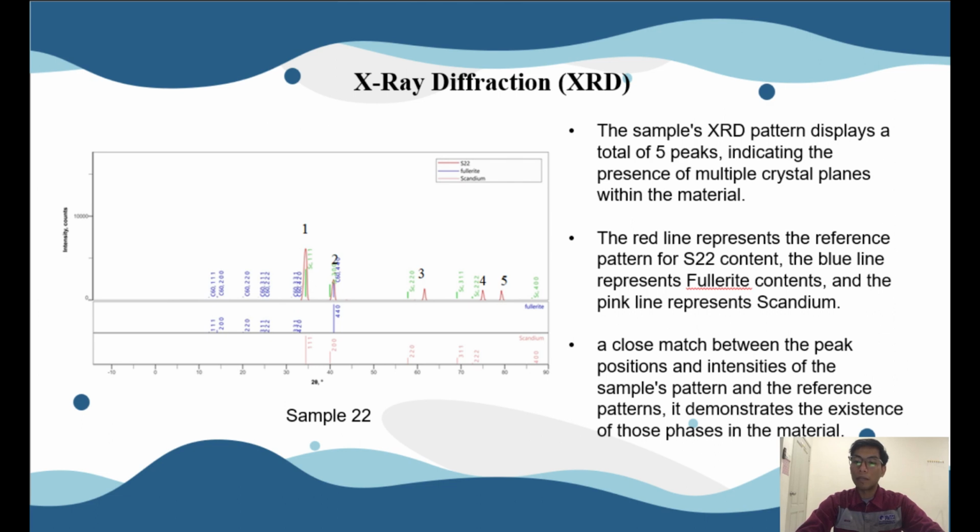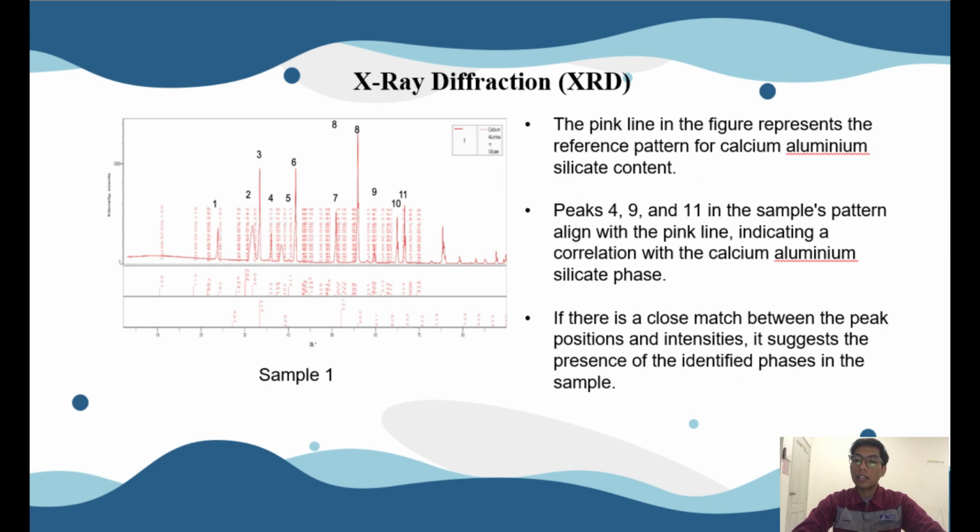A close match between the peak positions and intensities of the sample's pattern and the reference pattern demonstrates the existence of those phases in the material. For sample 1, the pink line in the figure represents the reference pattern for calcium aluminium silicate content. Peaks 4, 9 and 11 in the sample's pattern align with the pink line, indicating a correlation with the calcium aluminium silicate phase. If there is a close match between the peak positions and intensities, it suggests the presence of the identified phase